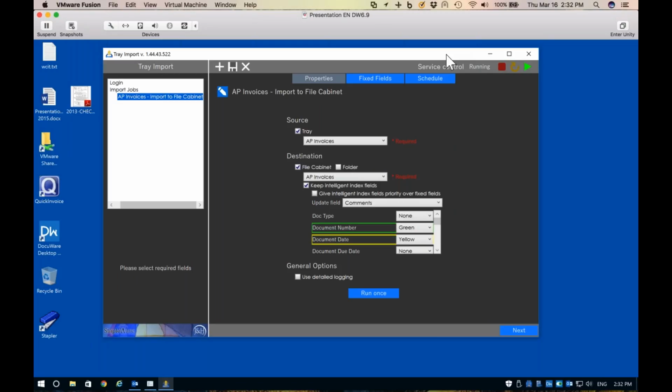So again, I'm really excited about this one. This came directly from our customer feedback and definitely from more than one customer. Very simple to configure, and I think